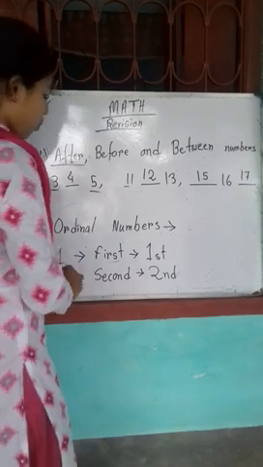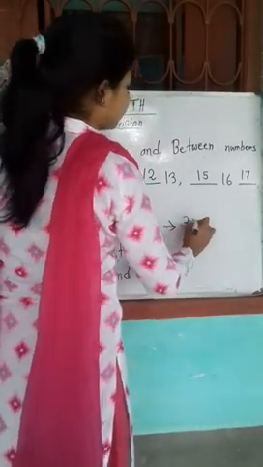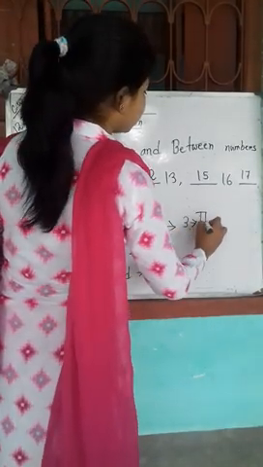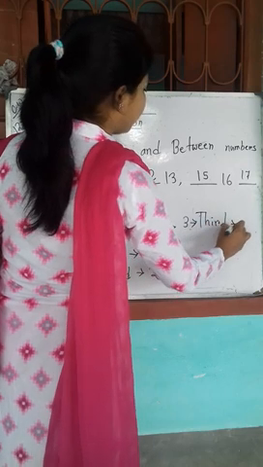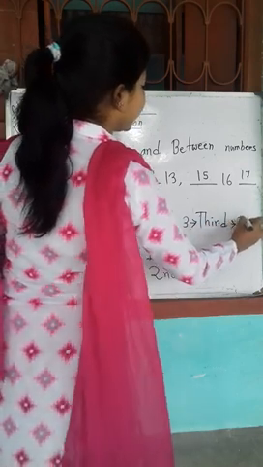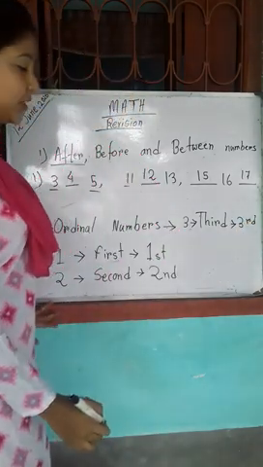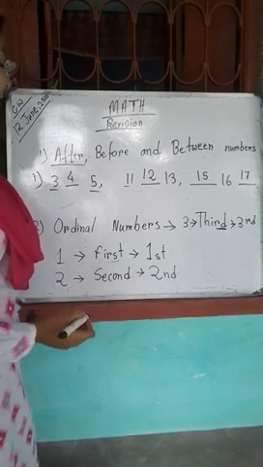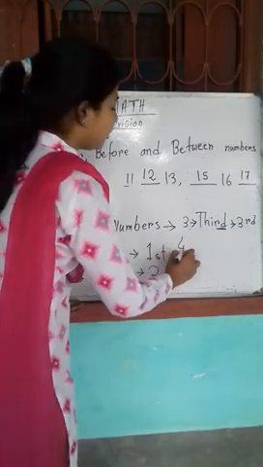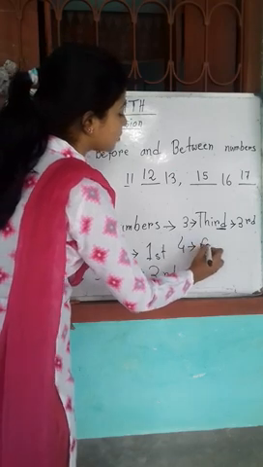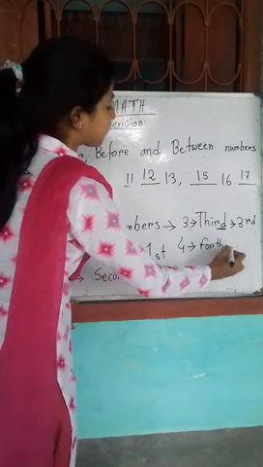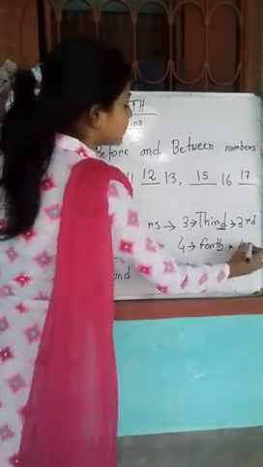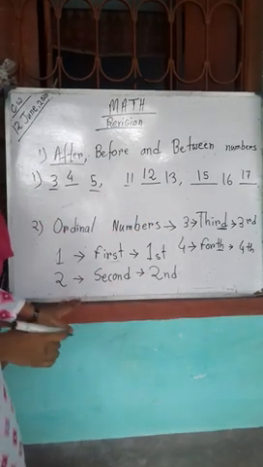Now, if you say 1, 2 and next 3, then 3 is the number. What will be the order? It will be third. And how can you write that number? 3 and RD, right? Third. You have to write the last 2 letters. Next 4, it will be called fourth. How will you write that? Last 2 letters. This is how you have to complete all these numbers.